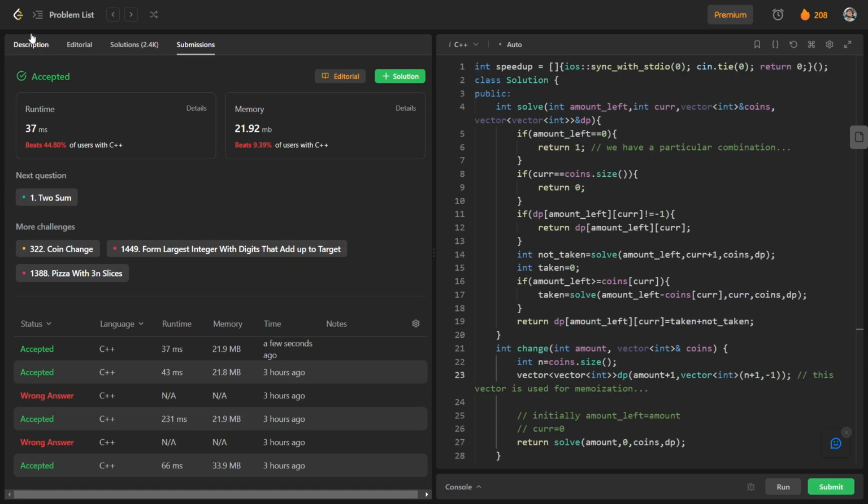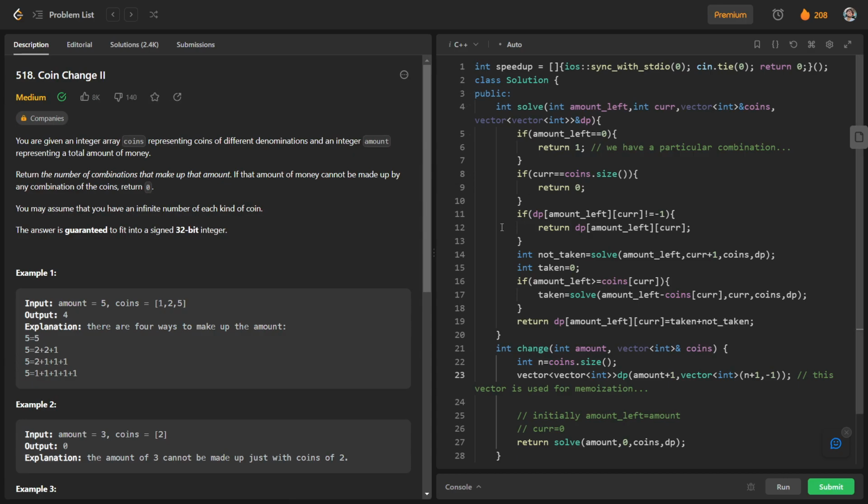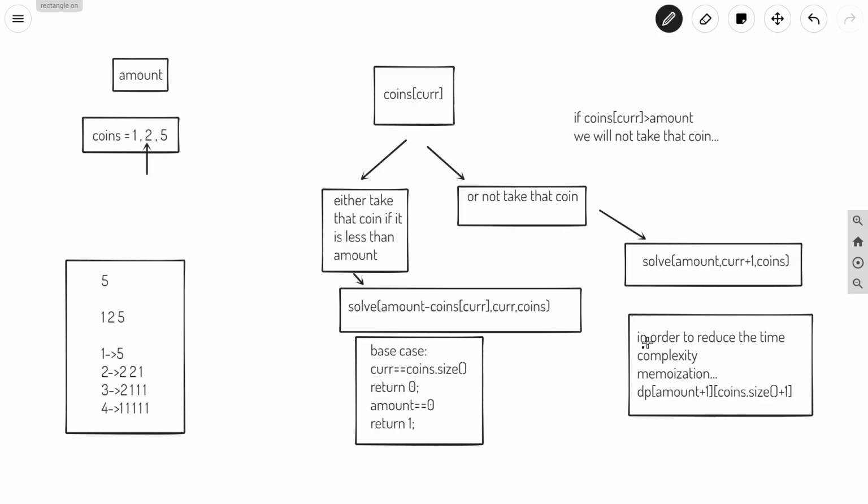So I will try to explain this code again. So what was the main logic? The main logic of solving this question was recursion. What are the two cases? We have two cases, either we take that coin or we will not take that coin. And in order to take that coin, we have to check whether that particular coin is less than the particular amount left or not.